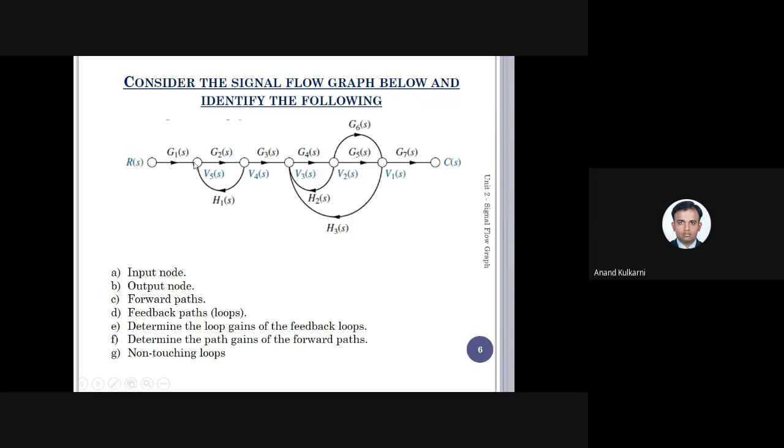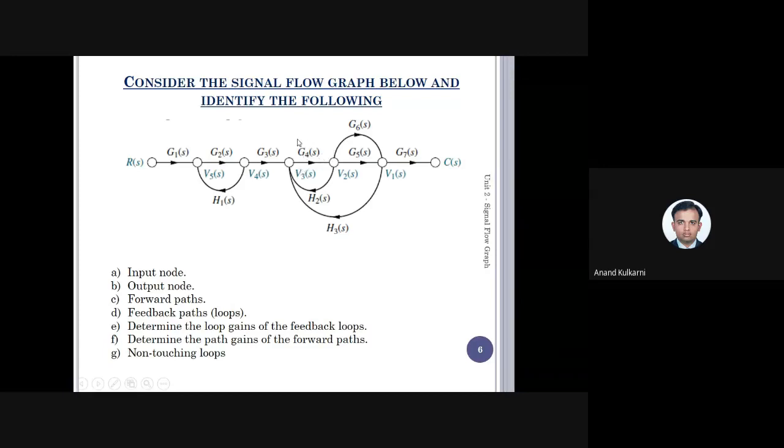Means what? It is transmitting. As in this case, consider G1 is getting transmitted from 1 to 2. G2 is getting transmitted between 2 and 3. G3 is getting transmitted between 3 and 4. And remember, the transmittance is always written on the signal branch at the center. Just here, this is written on the branch at the center. So this becomes the transmittance. Again, this is the transmittance. So transmittance is nothing but the value which is written at the center.